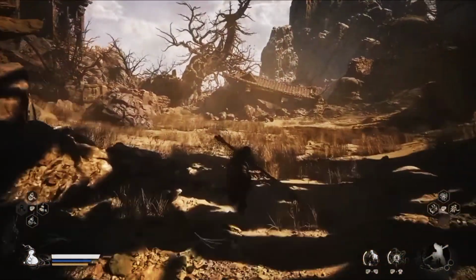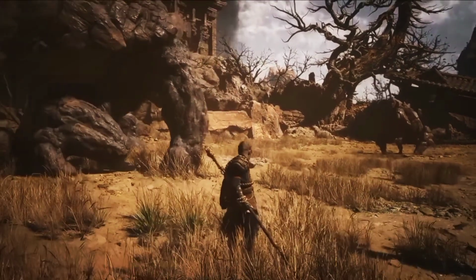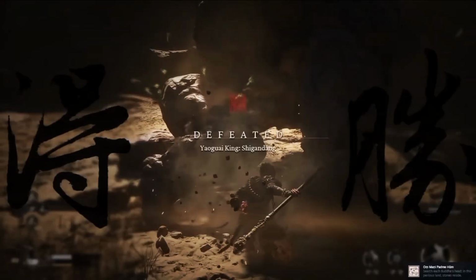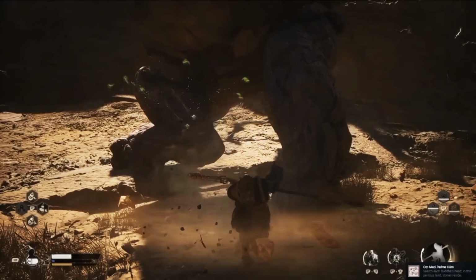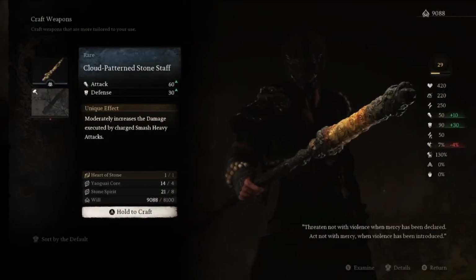You can activate a secret boss here, and it will fight the other boss for you. Then you will only have to fight one boss at about half health. This is definitely not a hard boss fight at all, especially since you're fighting him at not full health, but after you defeat him, you will have the Heart of Stone you need in order to grab the Cloud Pattern